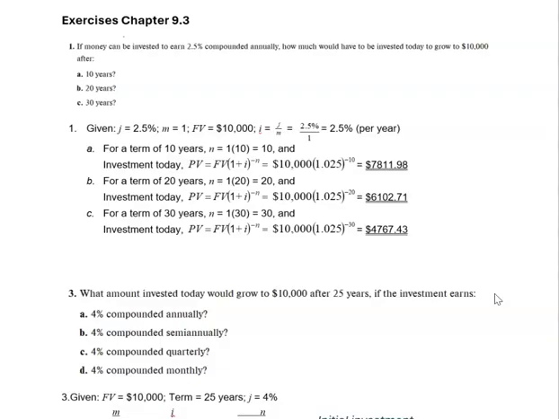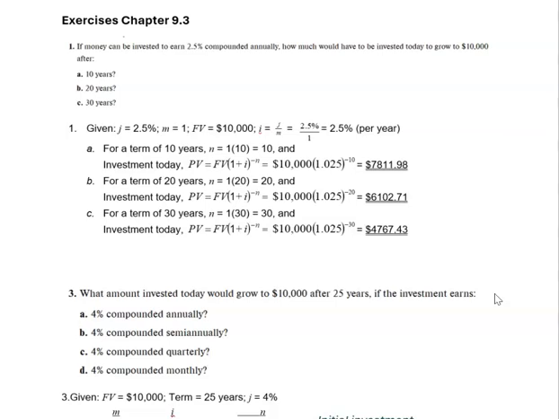So how much do we need to invest today in order to have that based on the other information? Okay, so if we're going to invest it for 10 years, in order to get $10,000 in 10 years, then we would have to invest $7,811.98. So again, it's your 1.025 in your brackets. So your brackets has been solved. And then you put that into your calculator,